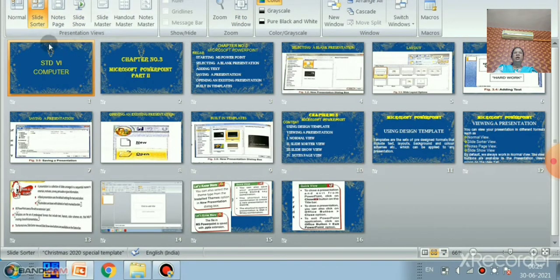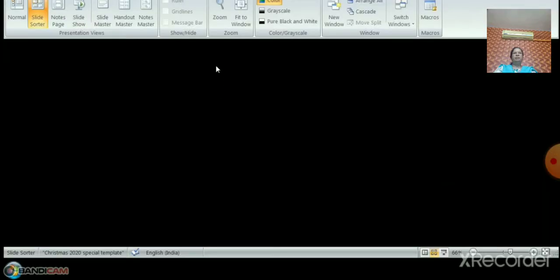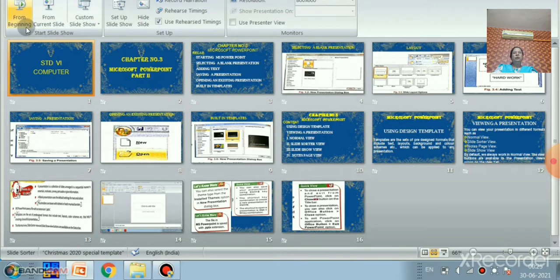Click on the View tab and you can see the option there, Slideshow. Or you can use the shortcut key, F5. You can choose to view the slideshow from the beginning or from the current slide.